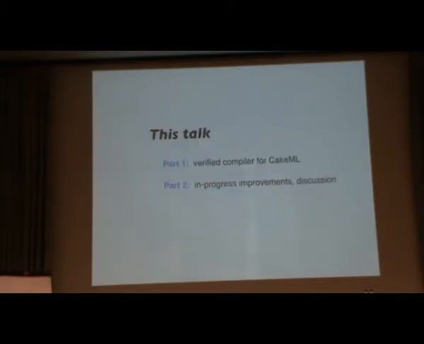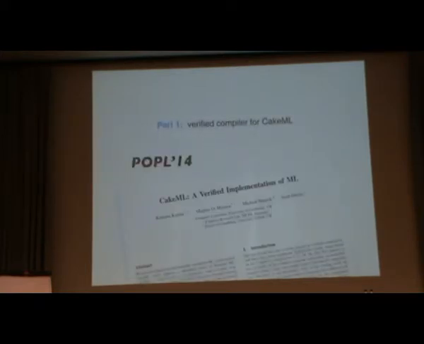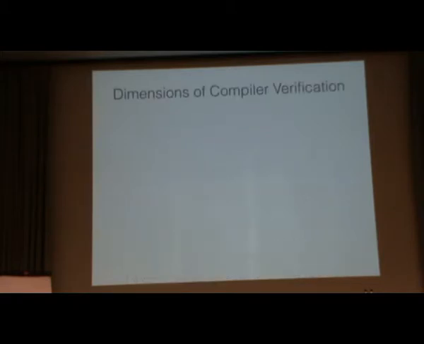So in this talk, I'll first give you a little bit of background, what we have done. This is the POPL paper from this year, and then the second part of the talk will be about discussion and trying to make the compiler better, the implementation overall. So what's this paper about? This paper was, to some extent, presented last year at the ML workshop, so I won't go into too much detail of that. But I'll just say a few highlights of what it did.